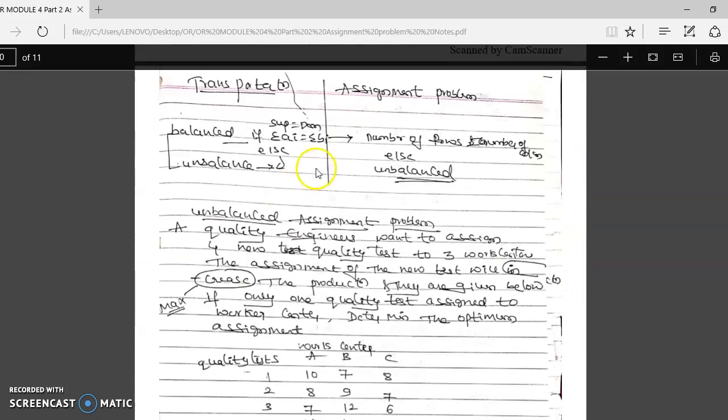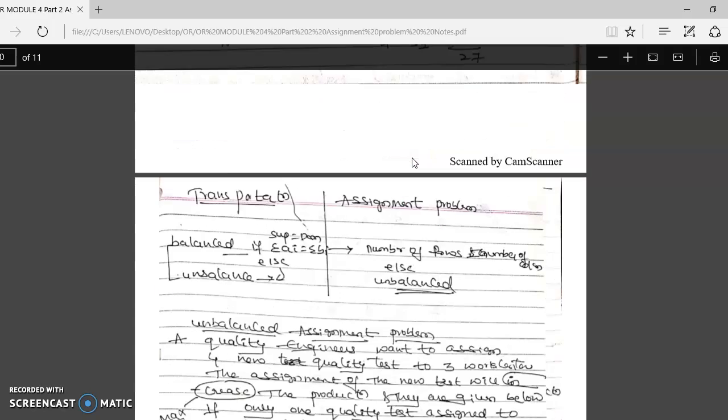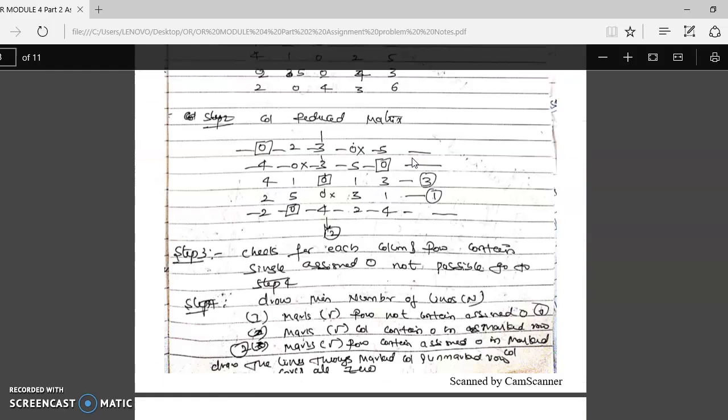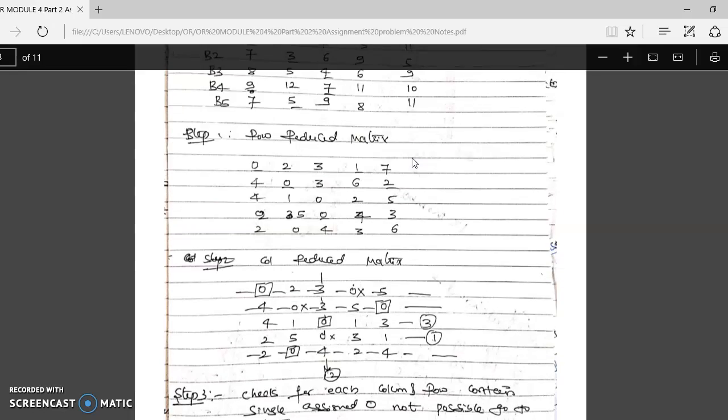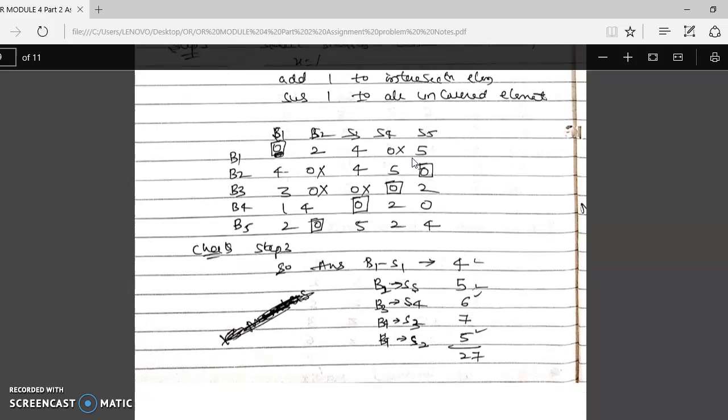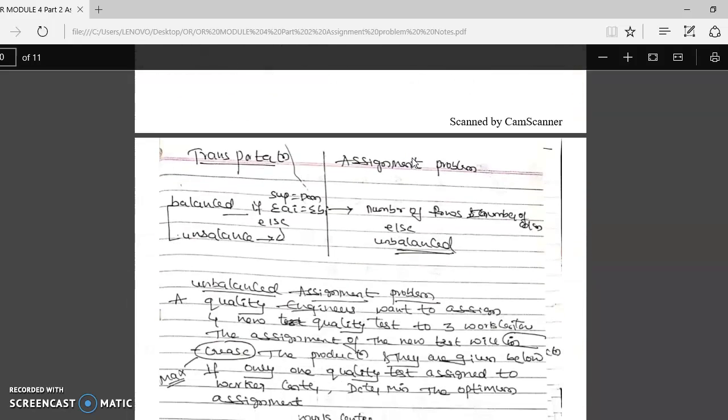And now, just like in the transportation problem, how we say the given problem is balanced or not based on supply and demand. But in the assignment problem, we don't have supply and demand. We will say the given problem is unbalanced when the number of rows is not equal to the number of columns. Just look at all of the above examples. Here rows are 5, columns are 5. Second example, here rows are 5, columns are 5. Similarly, in all the above examples, the rows and columns are equal. It means that they are balanced.